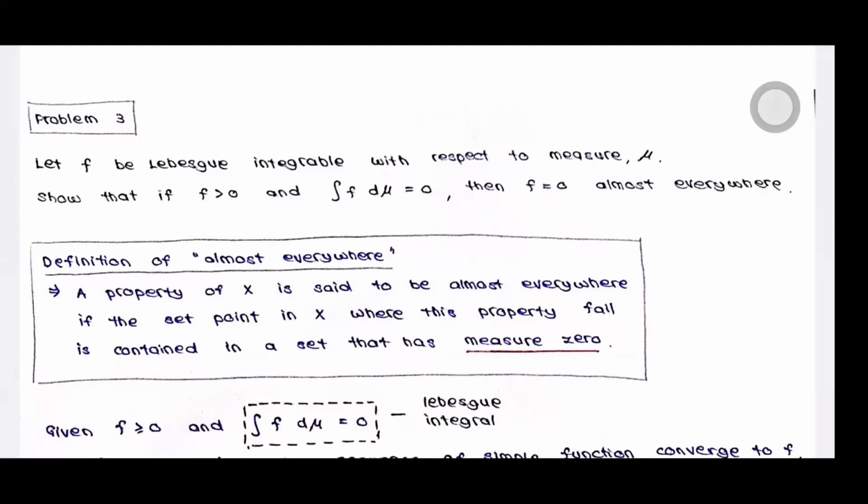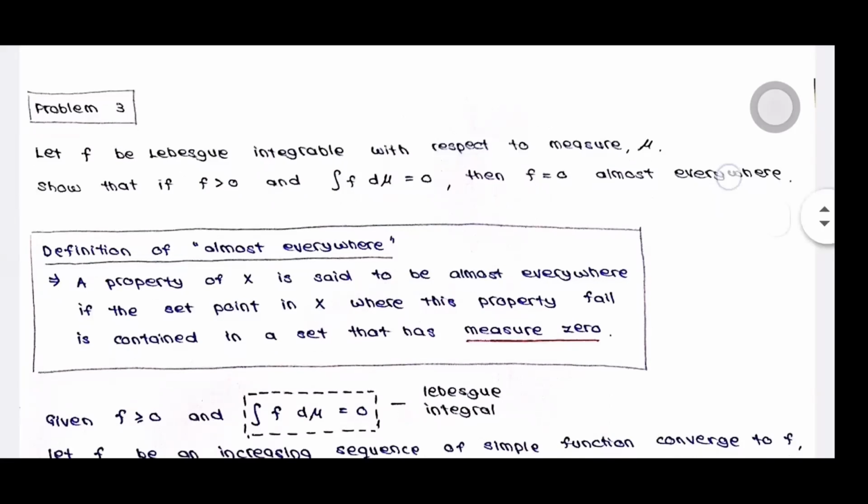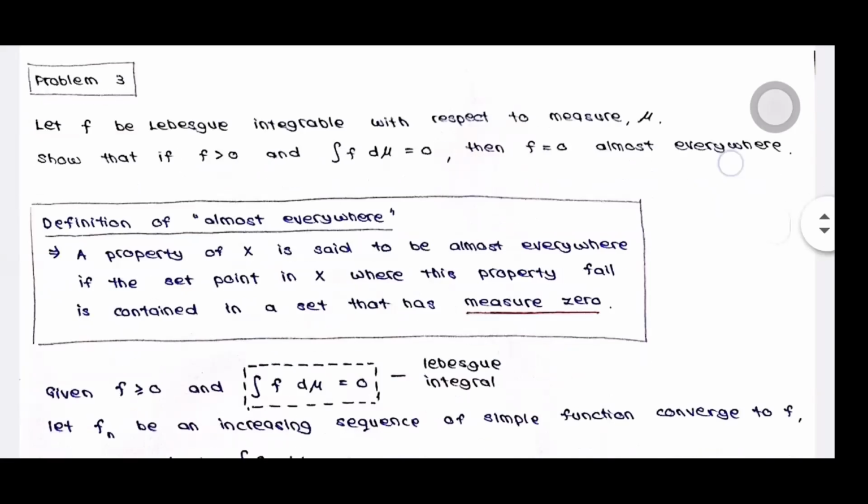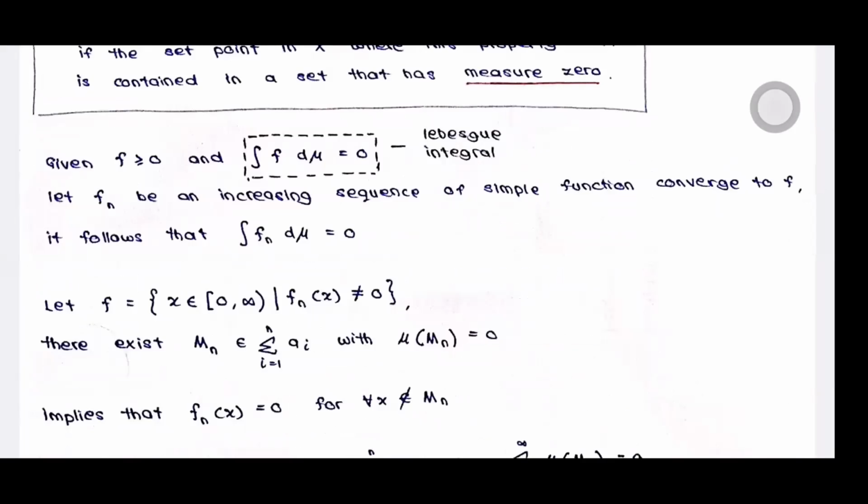Firstly, I state the definition of almost everywhere, which states that a property of X is said to be almost everywhere if the set of points in X where this property fails is contained in a set that has measure 0. Okay. Given f more than 0 and the integral of f with respect to d mu equal to 0,